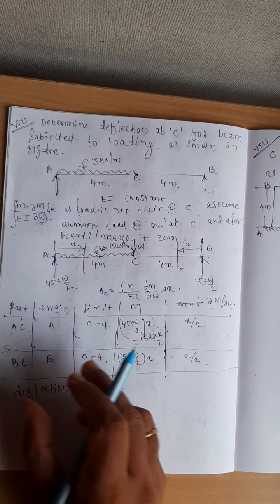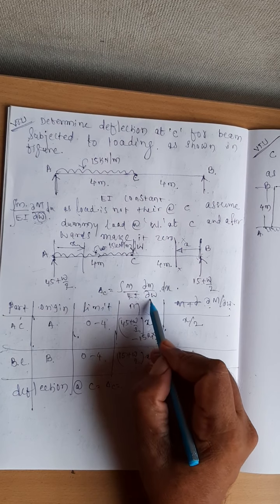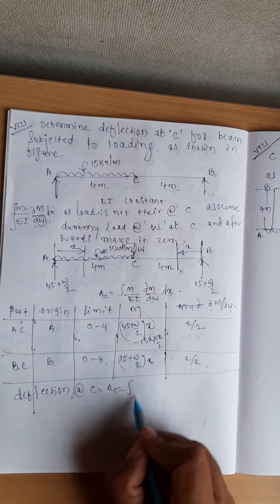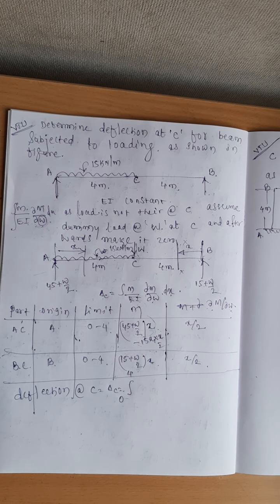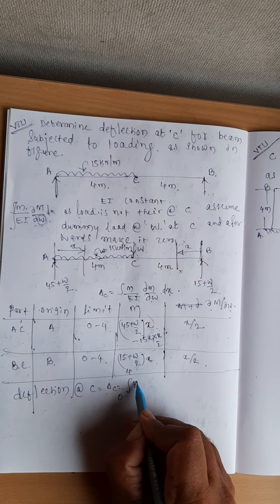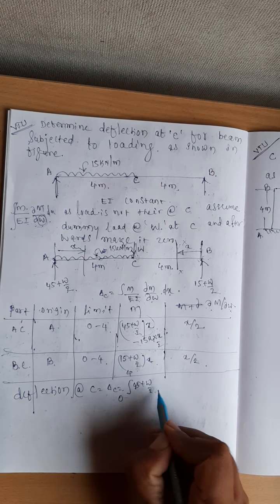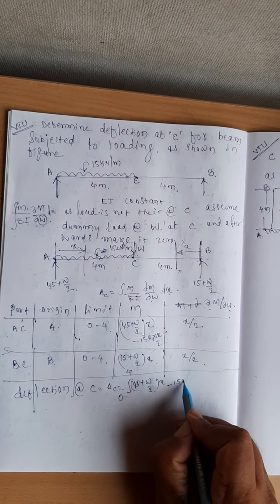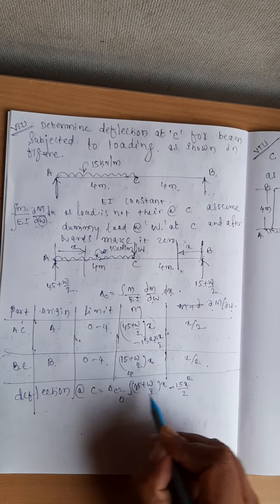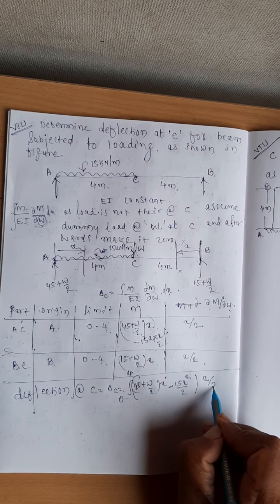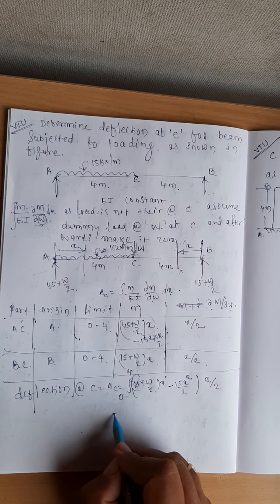Now deflection at C. You need to write the equation for integral of M over EI into dM by dW into dx for both the parts. For the first part it is 0 to 4. Yes, the value of M is 45 plus W by 2 into X minus 15 X square by 2. This whole term is to be multiplied with X divided by 2, plus,